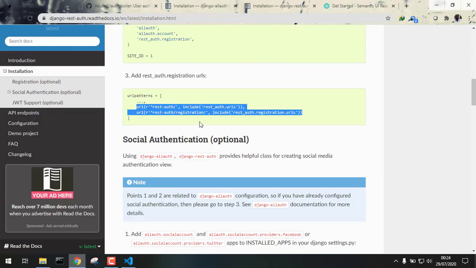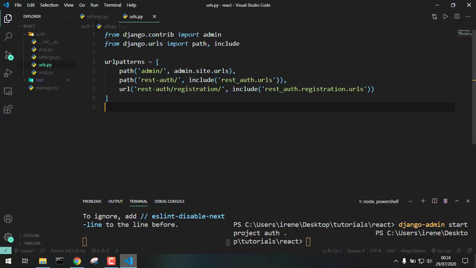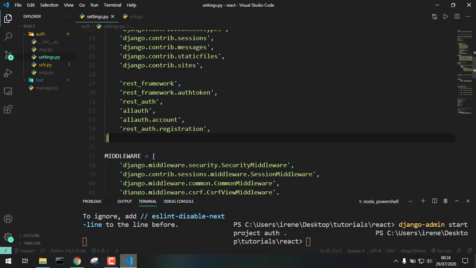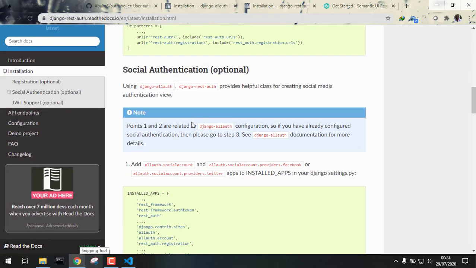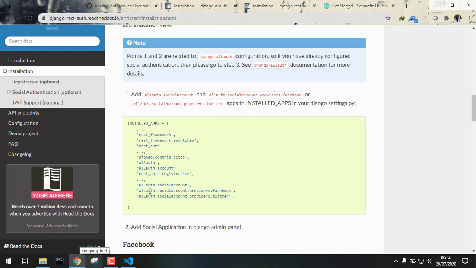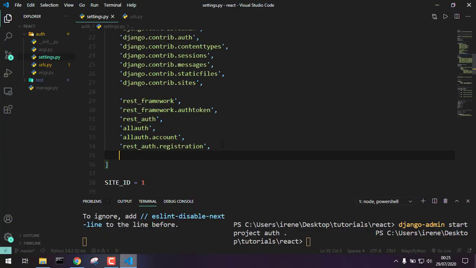If we come back, we'll need to add site ID, copy that. If we go to install apps, we can add our site ID. Now if you are doing social authentication, you'll need to add social account. So if you need me to do another video of social authentication, you can just let me know,